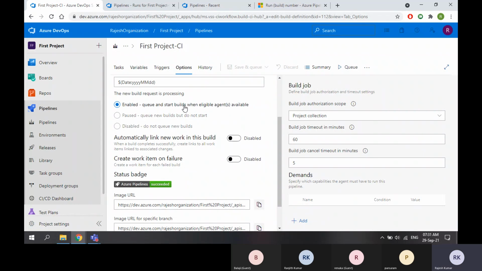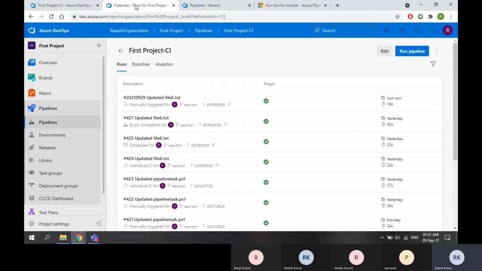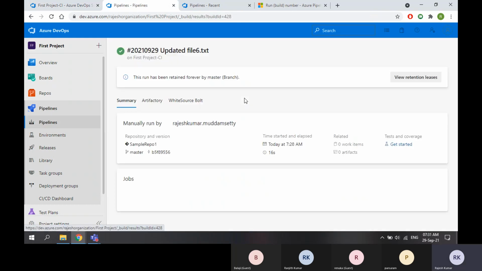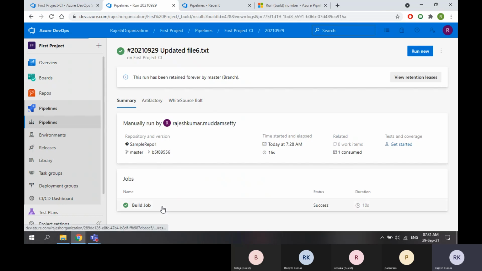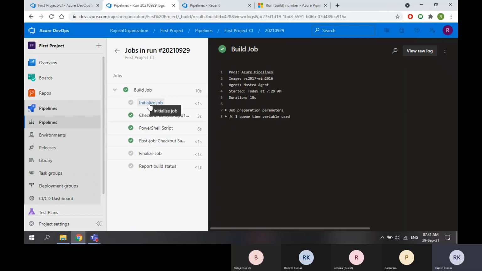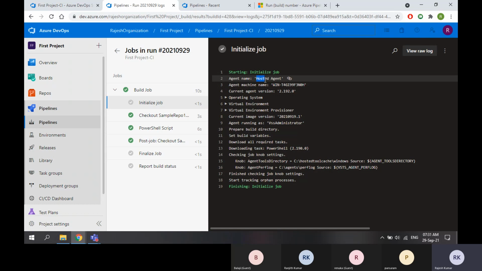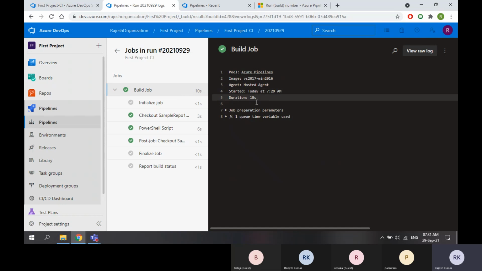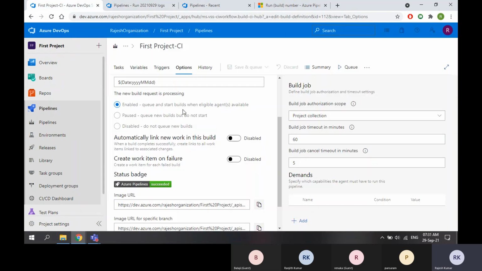Queue and start builds when agents are available. If you see in the run, it got the agent name, hosted agent. Whenever the agent is available, initially it will be in the queued status. Duration: it was in queued status for 10 seconds. So if you want to run this build, you can keep this enabled.